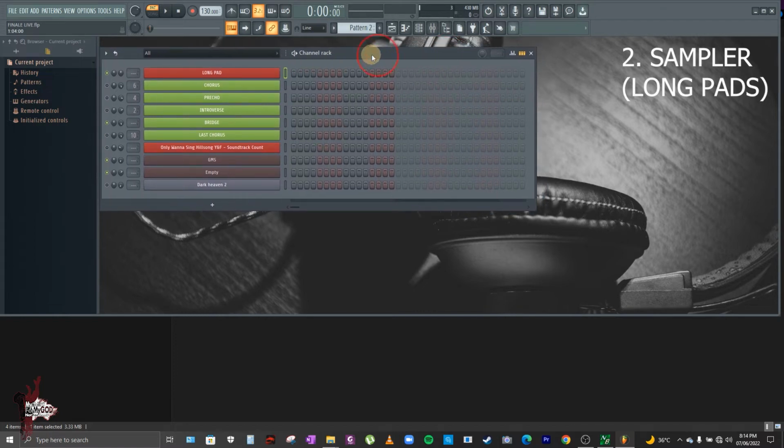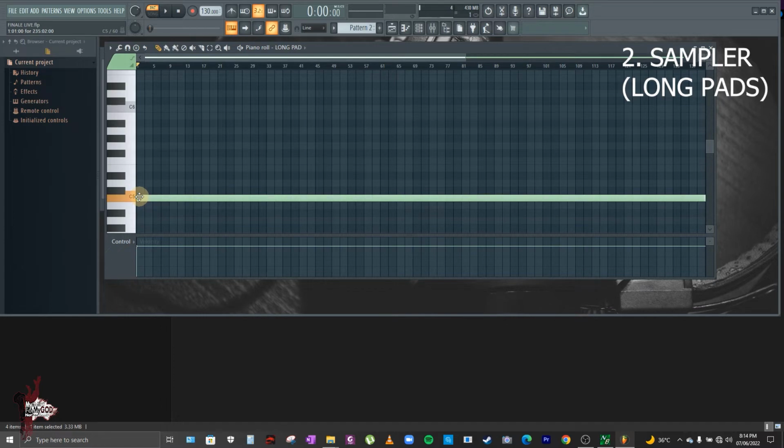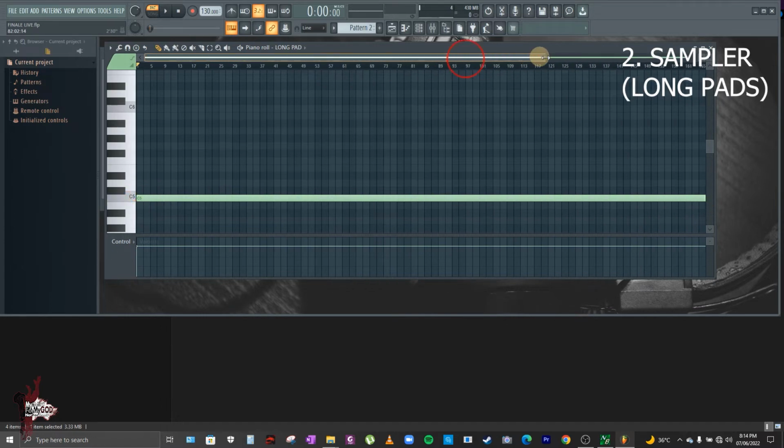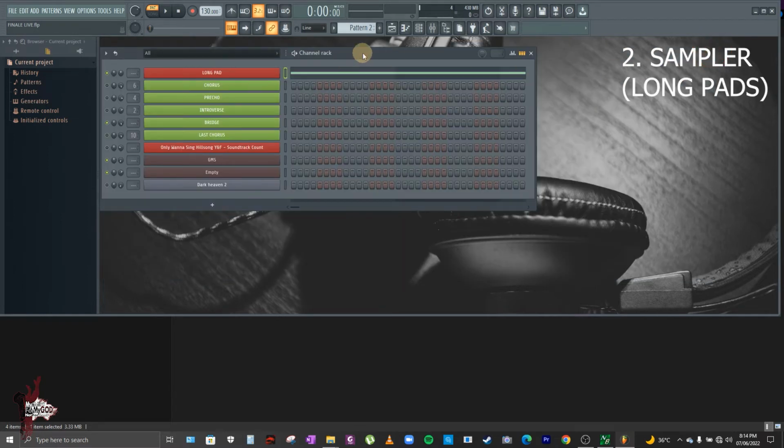So here we have multiple FPCs. For this song, I have already routed them and renamed them according to the parts of the song. Okay, and this one will be my background pad. So I have not yet placed a note here. So what I need to do is piano roll, then click C5. Okay, so luckily it's already reaching until 200 plus. Okay, now we're good to go.